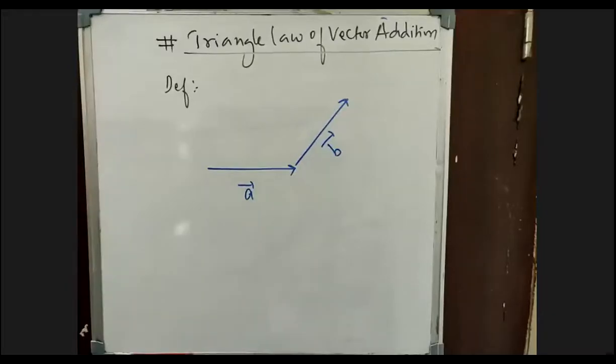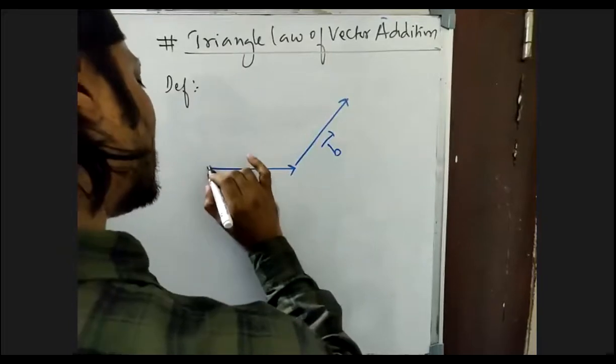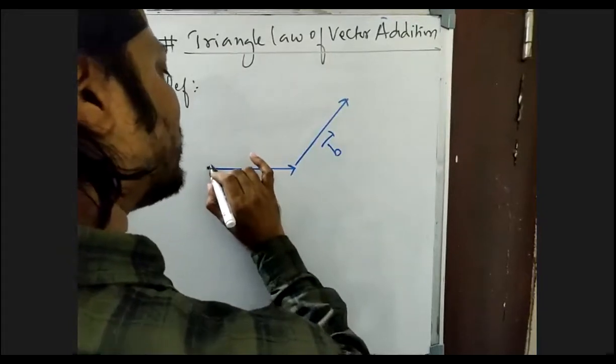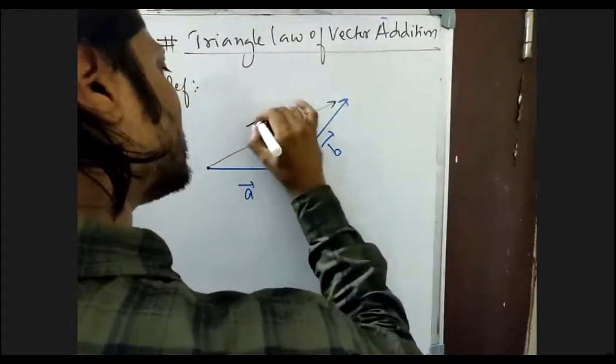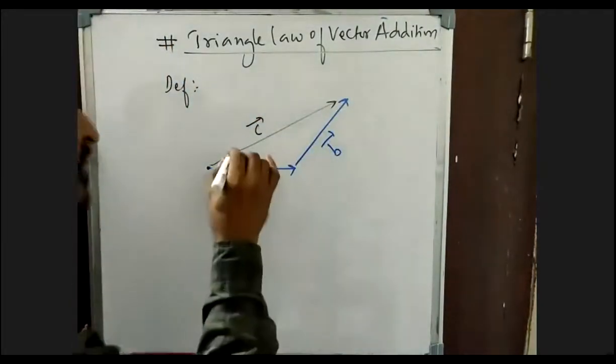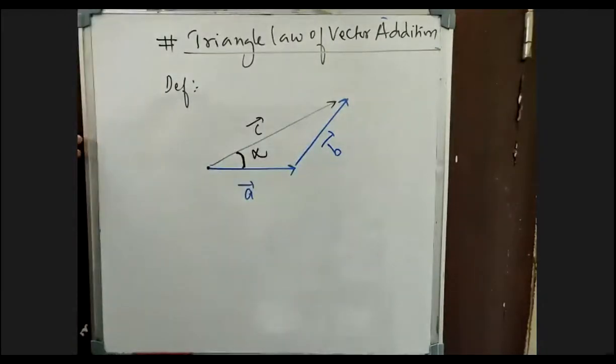Yes, beta, any doubt? Okay. The resultant of this will be given by attaching a third vector, taken from the tail of the first vector to the head of the last one. That is nothing but this. This will be your third vector, that is C bar. And this C bar is making an angle with the first vector. That one is known as alpha.